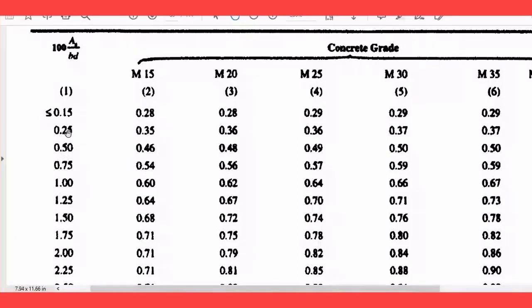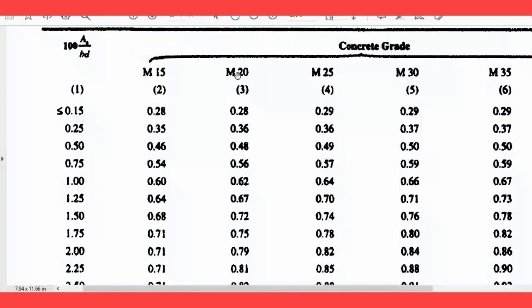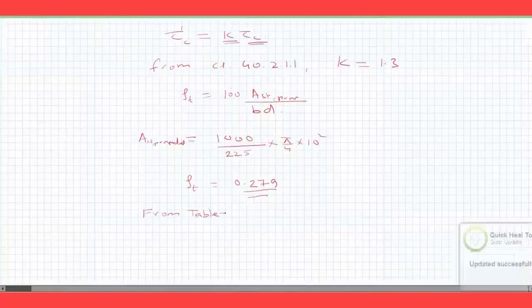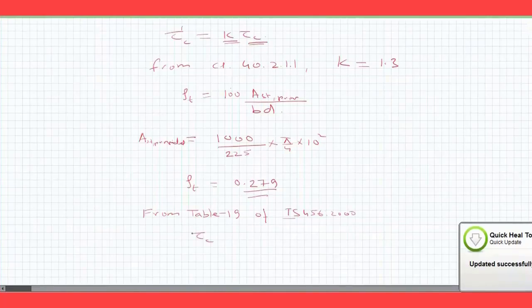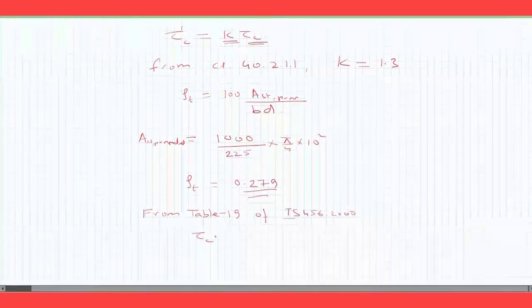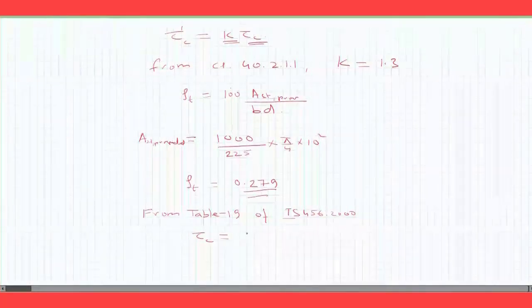So you have to do linear interpolation between 0.36 and 0.40 because the grade of concrete is M20. After doing linear interpolation, from table 19 of IS 456 2000, you get this tau c value equal to 0.375